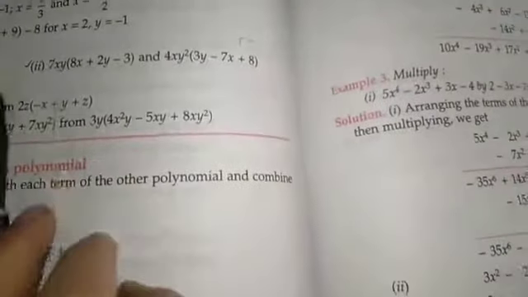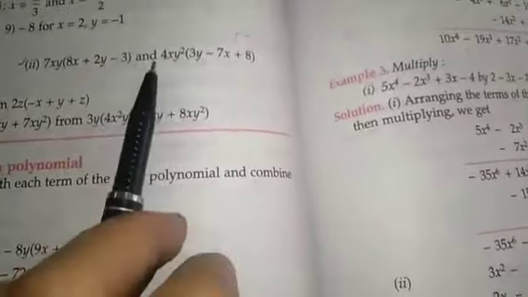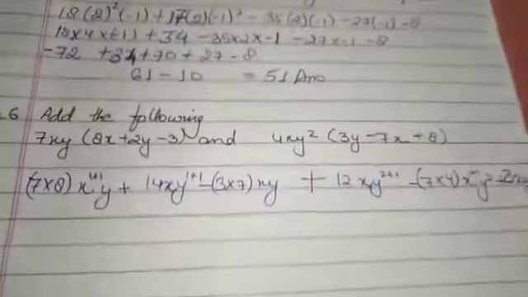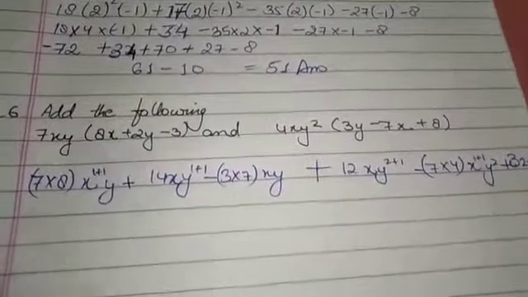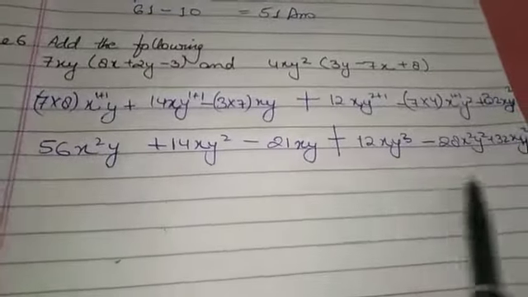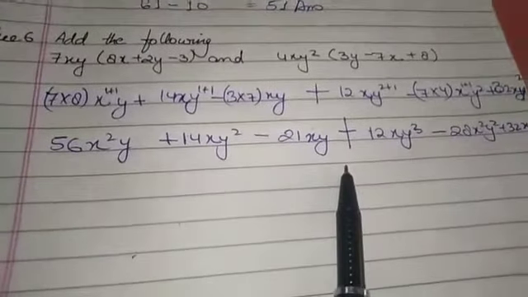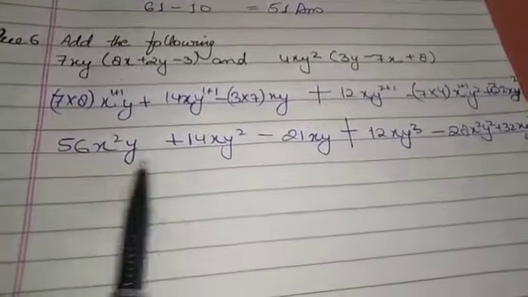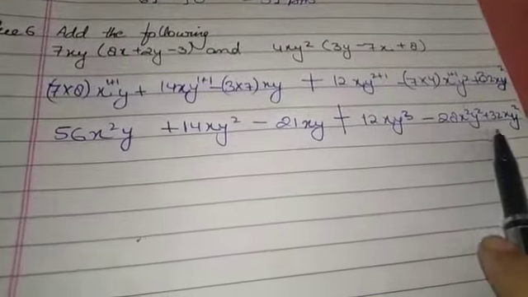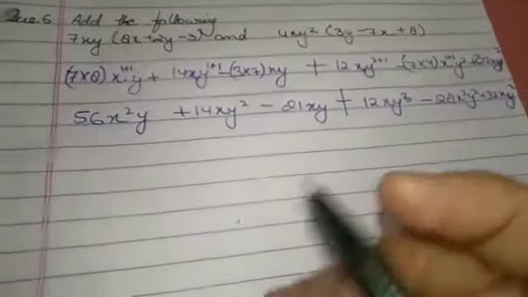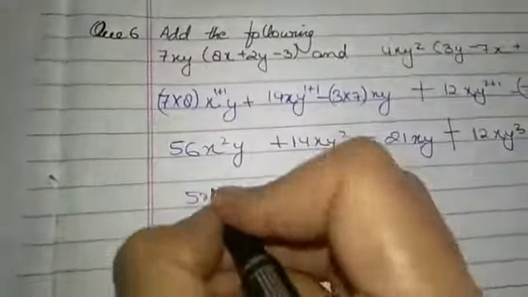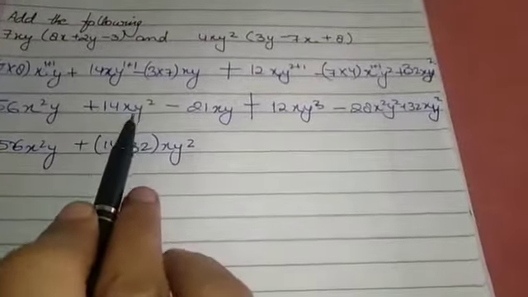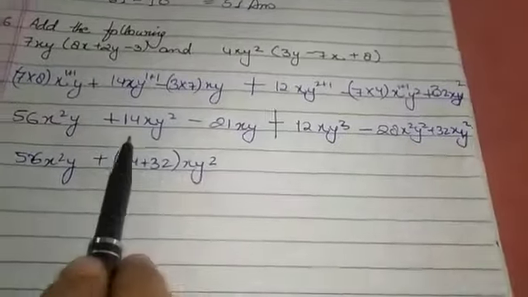Now those expressions which we are going to get will be added together, and we get an answer. I multiplied the term which was outside in the bracket. Any of the terms having the same variable will be taken common. x square y, there is no term which is having x square. I am going to write it in a... here I was having a term which was having the same variable xy square. 32 and 14 will be added.